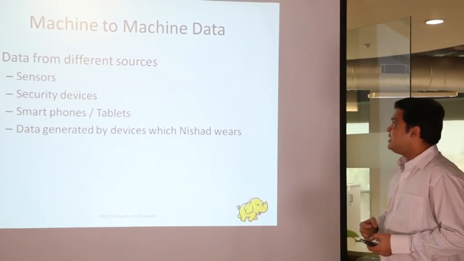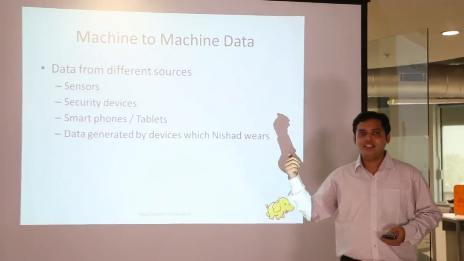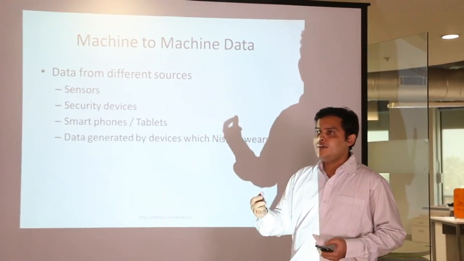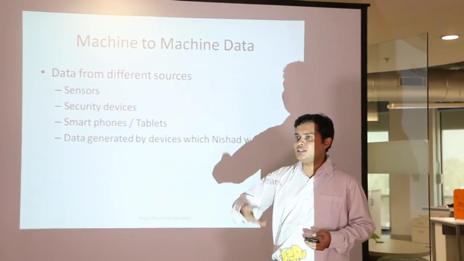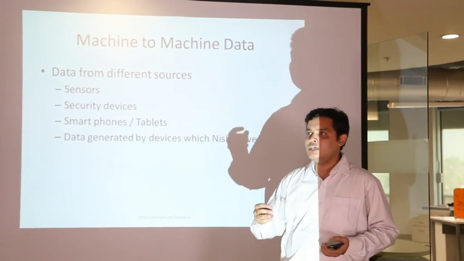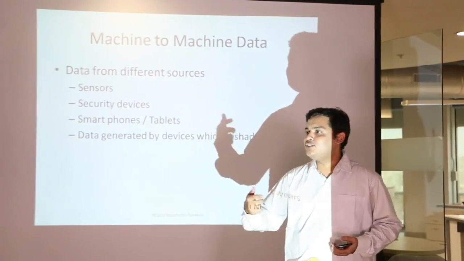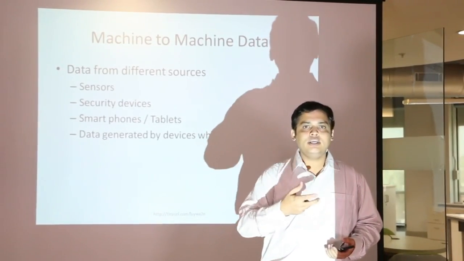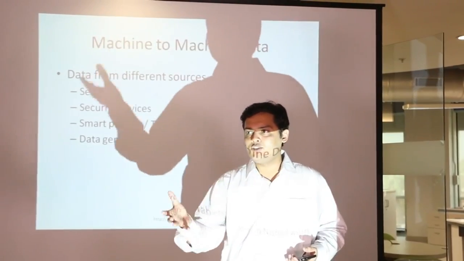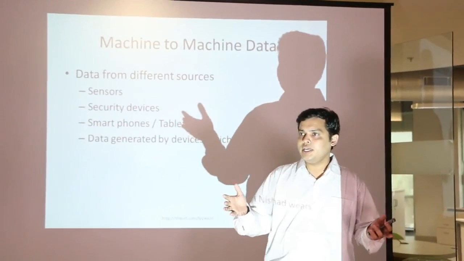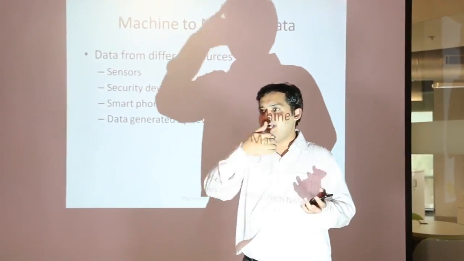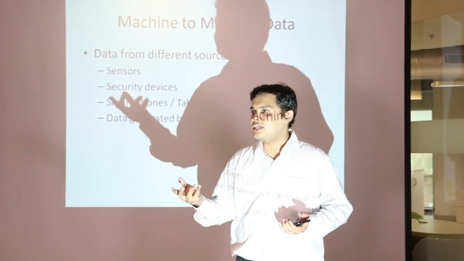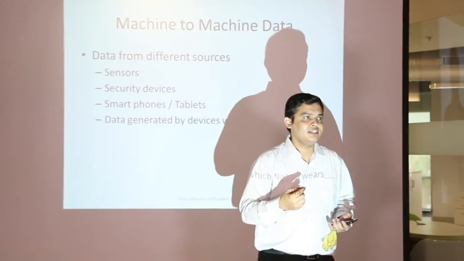So machine to machine data. Sensors, right? If you see a nuclear plant, there are various sensors for temperature, for whether something is going out of control or not. So there are sensors. This data actually gets logged every minute, right? So this data is an example of big data. Imagine how many sensors will be there in a nuclear plant, and when I get that data, I know that I can predict when this next thing will fail. So I can take corrective actions against it, right?